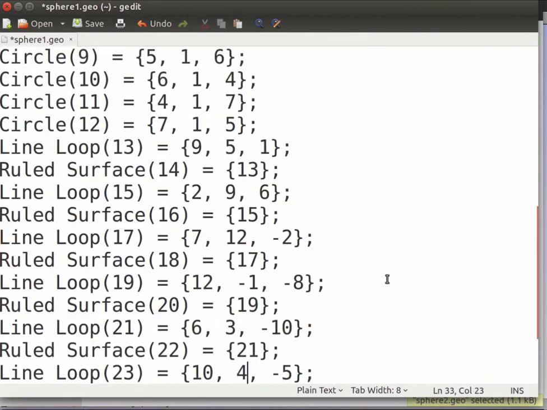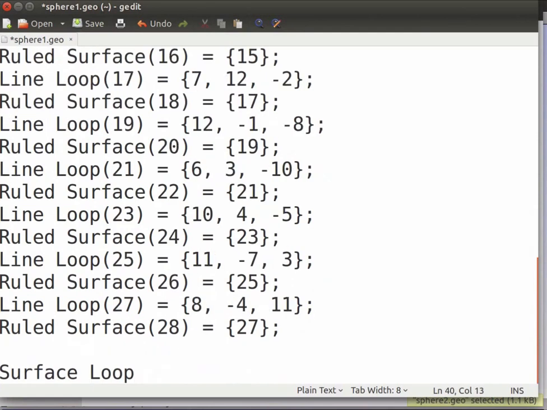For volume creation, we require all the bounding surfaces. For this, at the end of the file, type surface loop followed by its identity, which is the next integer inside parentheses, which equals the identities of all the surfaces of the sphere within braces.